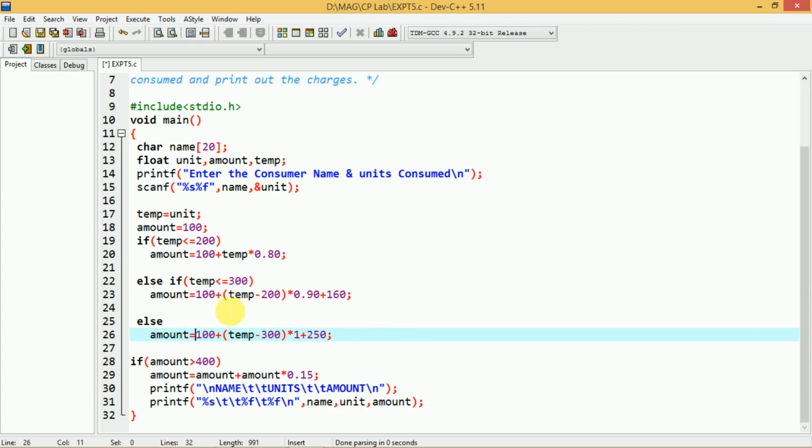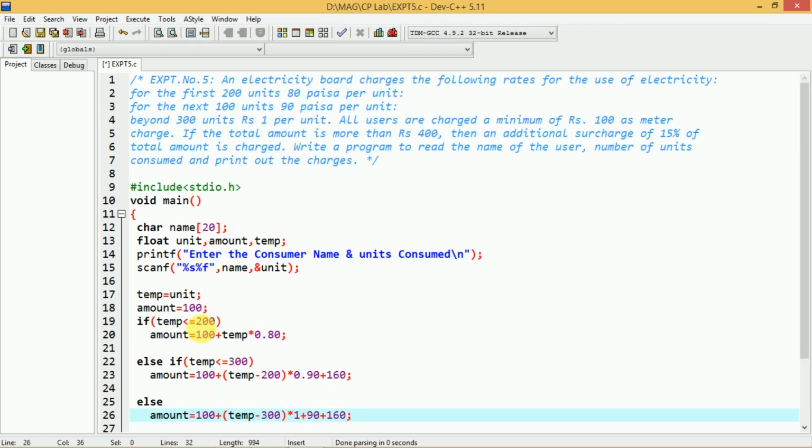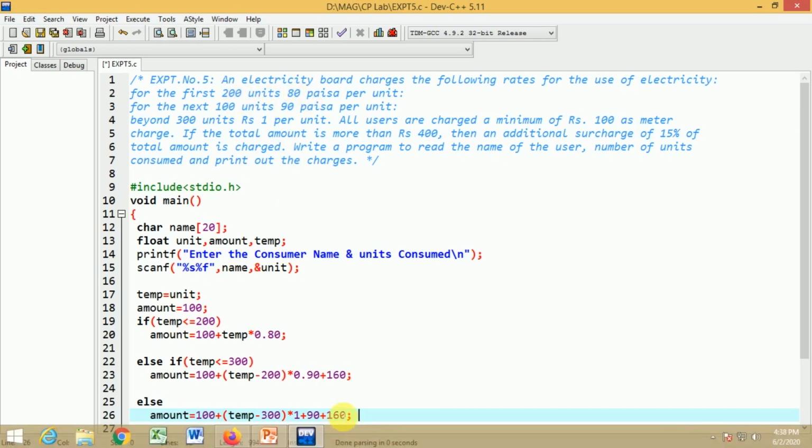Instead of writing 250 directly here, 0.90 into 100 will be 90, no? So 90 plus 160. If it is greater than 300, how are the charges? It may be any number above 300. For the first 200, you calculate by 80 paisa, so 200 into 80 paisa is 160.